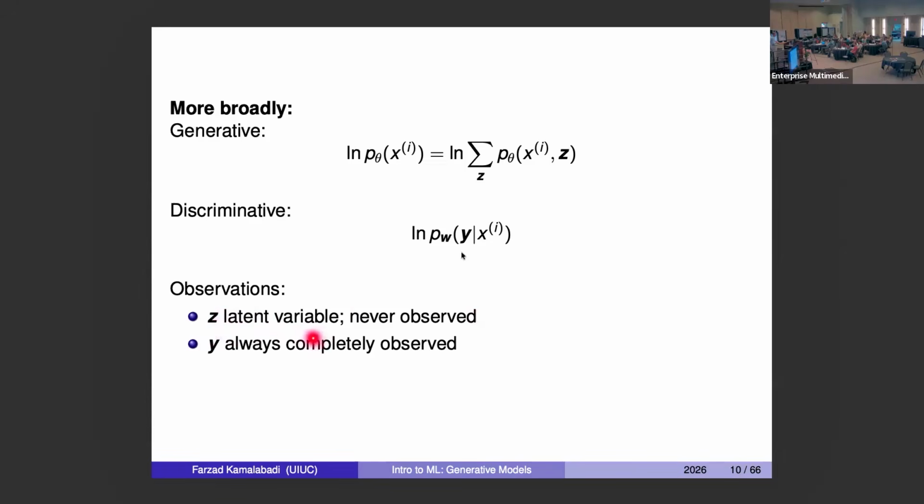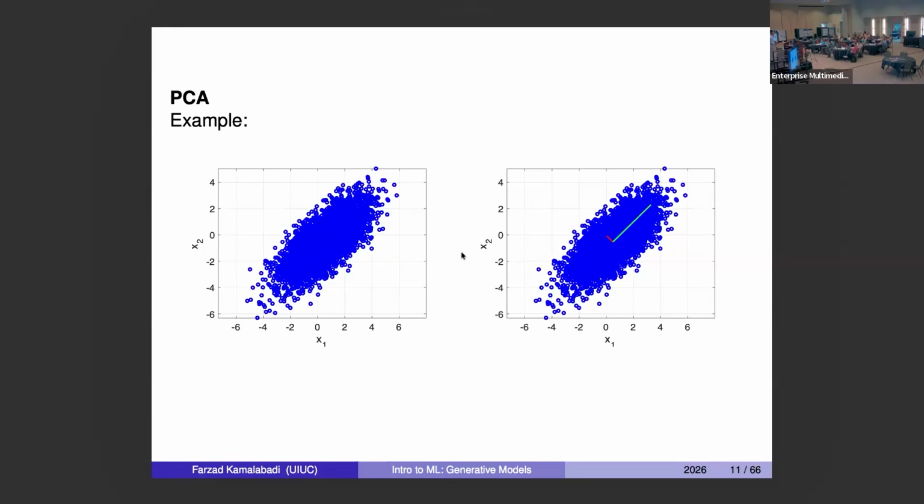Okay, so I've already described this. Z is the latent variable. It's never observed. And in the discriminative model case, Y is always completely observed. So let's talk about, in fact, before I talk about this, let me go back and